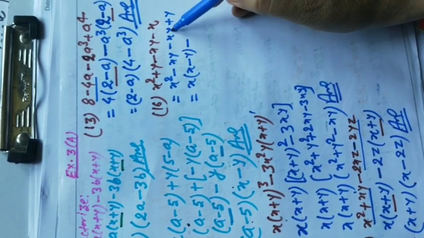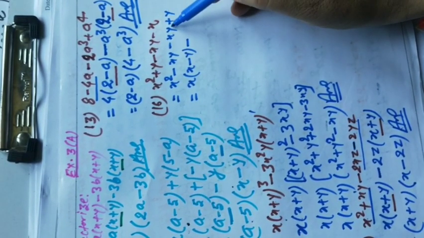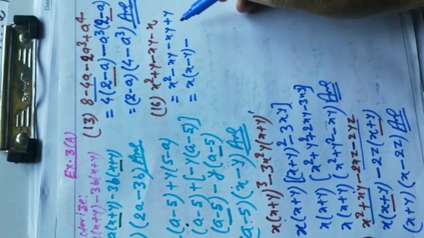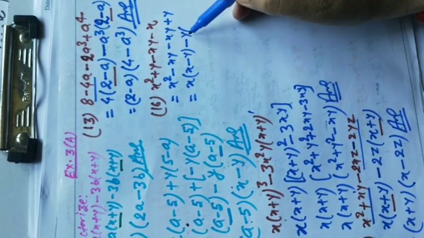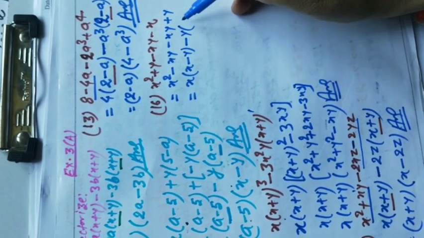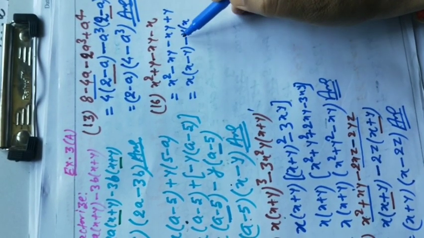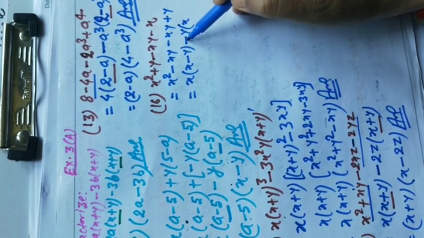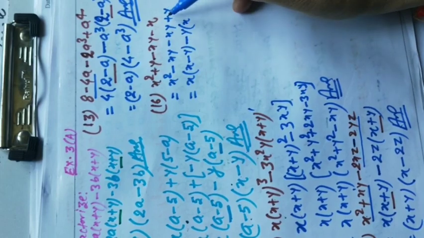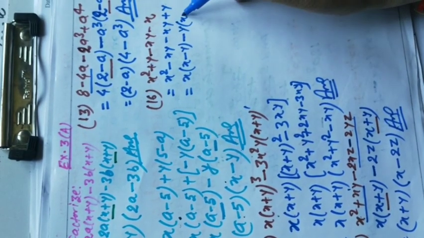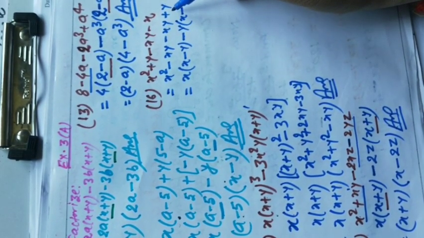And in these two terms y is common. You can see y is common. So put y here and now divide xy by y. y will cancel with y, then x will be left. And now multiply this minus. If a minus sign is there, then you have to multiply it by this sign. So minus multiplied by plus will be minus.